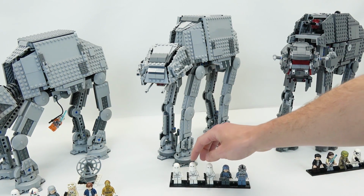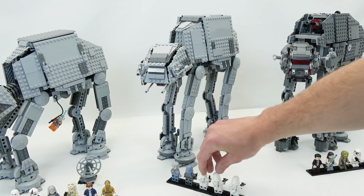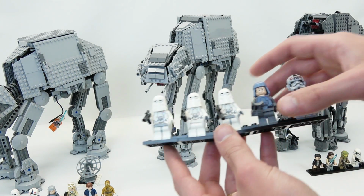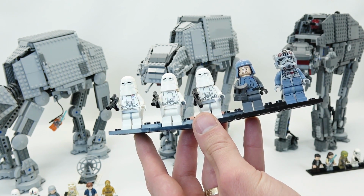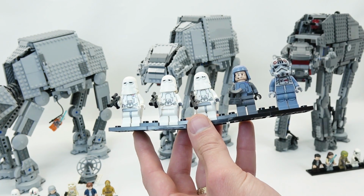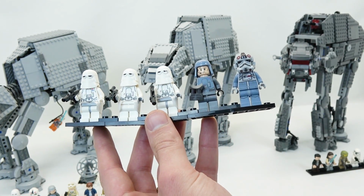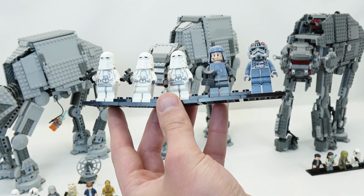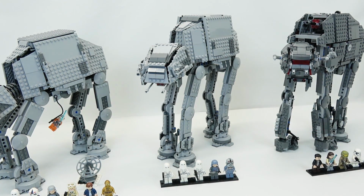So we actually have 3 different snow troopers, and there's actually a different snow trooper. One is a snow trooper commander, and the way we tell that is actually just this little badge right here on the snow trooper, the red and blue badge there. But then you also have another General Maximilian Veers, I believe his name is, and another awesome AT-AT Walker. This time his suit, rather than being dark bluish gray, is a sort of a light blue color. So that's the 5 minifigures that this set comes with from 2014, so not nearly as many minifigures as the